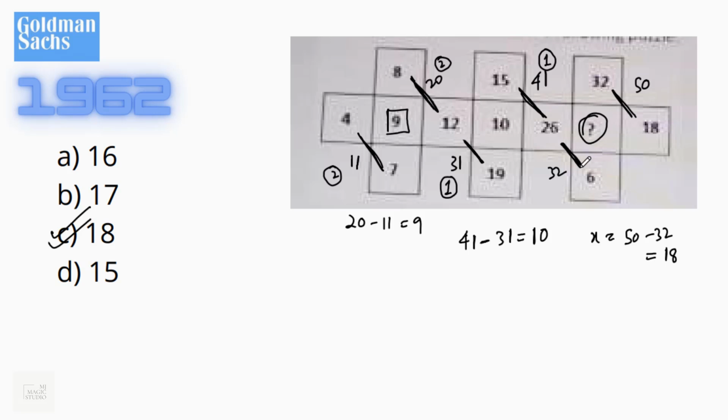So we should have such a number which can divide 32 and 50 leaving the same remainders. And we look at the option, if we take up 18, 32 minus 18 is 14, and 50 minus 18